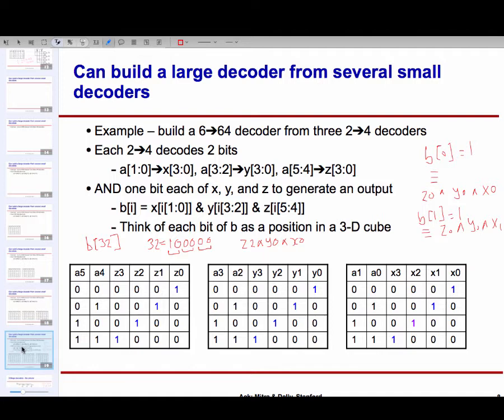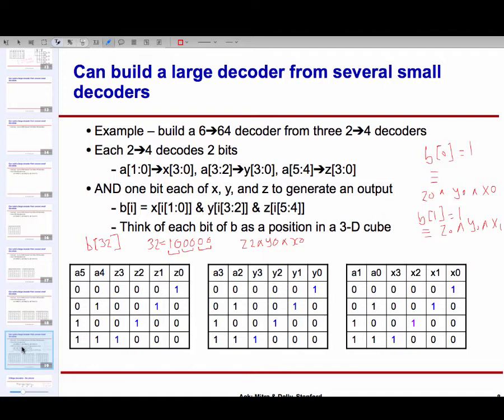On the leftmost table, we have A4 and A5 as the input, and Z0 through Z3 as the output. So Z0, Z1, Z2, Z3 tell me what values A4 and A5 are taking. Z0 is high whenever A4 and A5 are 0, 0. Likewise, the middle table tells me what values A2 and A3 are taking, and I indicate that by these 4 wires, Y0 through Y3.